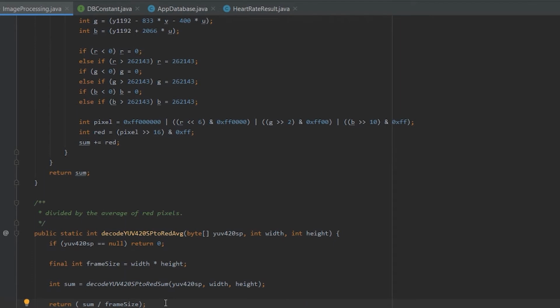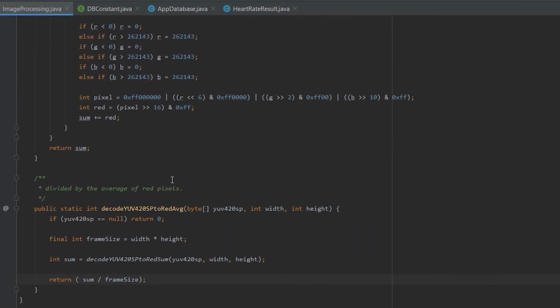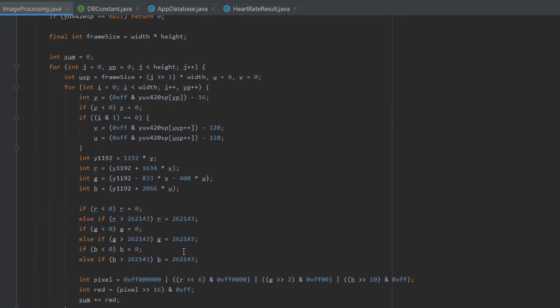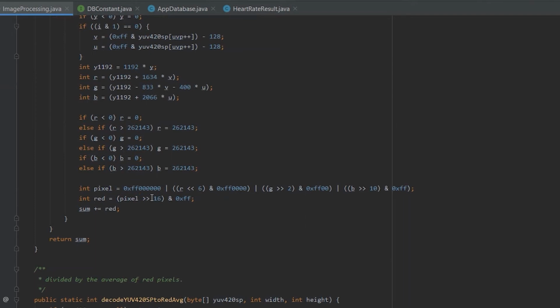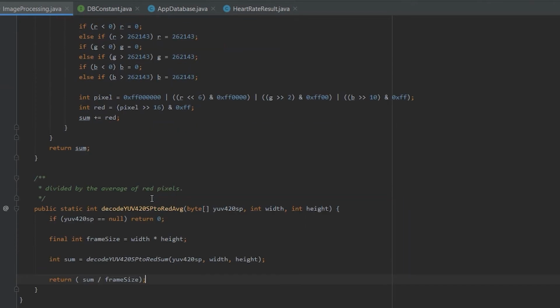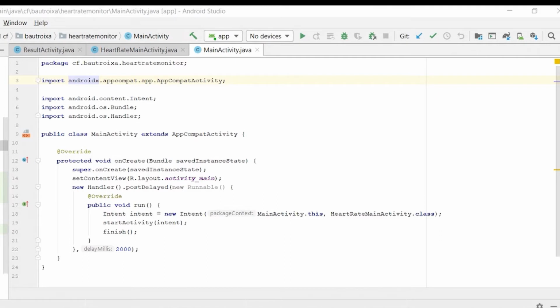So in short, we get a frame from the camera, from the video, then it's sent to decode and convert YUV format to RGB. From that RGB format we extract the red value, take the sum of the red values in the whole frame, and then take the average of the red value in the frame. So hey guys, this is Raj Doshi, and now let's take a look at the code